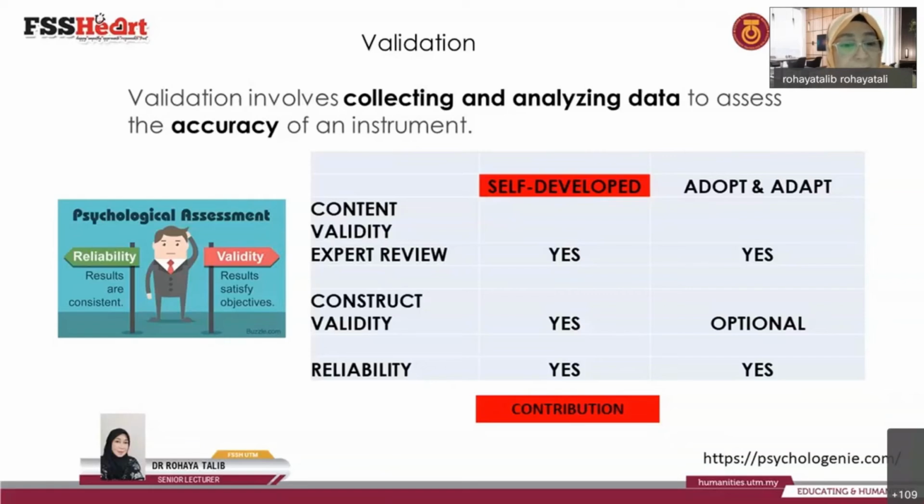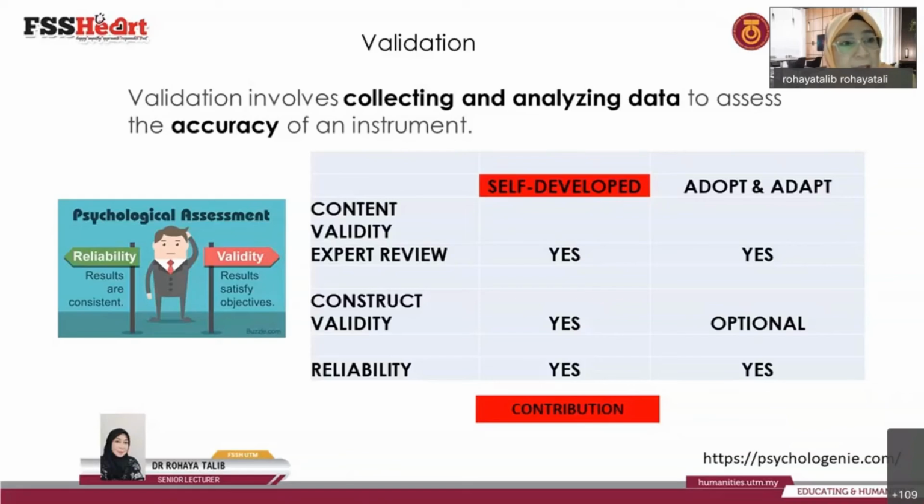So the reliability, whether self-develop or adapt, you must prove this. Meaning the validation process is still on for adopt and adapt. Because if you get the content validity index from the past author, that is in that context. Now you are taking other people's instrument and using it in a different context. So you must have the content validity and reliability proven to the examiners, to the readers,